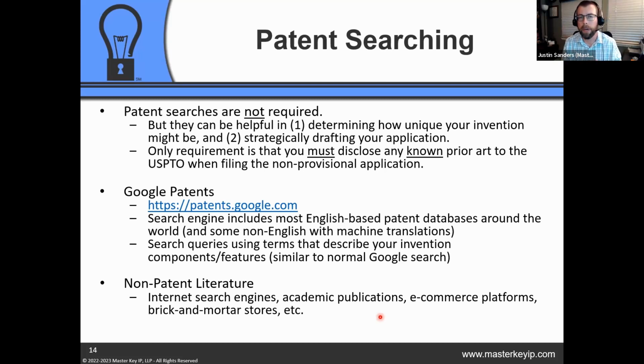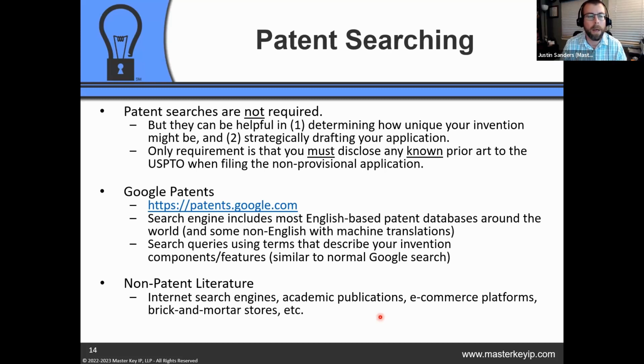So just doing general internet searches through the normal Google search engine or another search engine, looking through academic publications, e-commerce platforms, etc. I mean, anything that's out there is potentially fair game if it predates your application filing date. So yeah, these are all free resources that you can use to do some of this